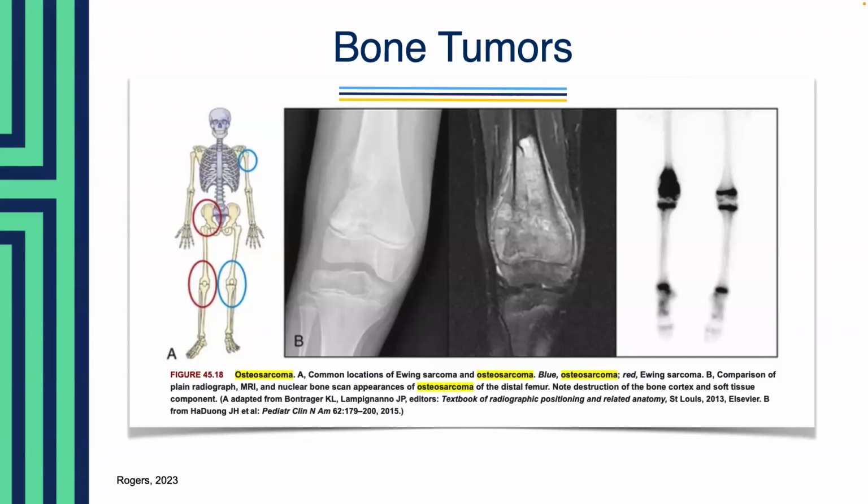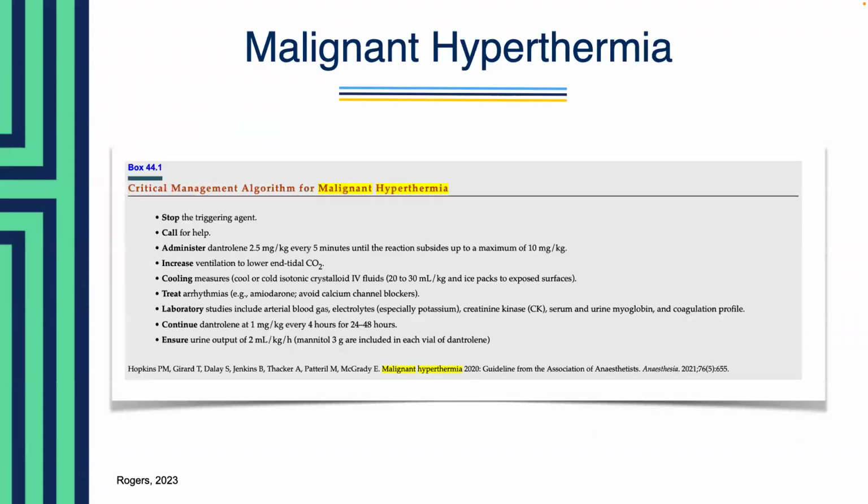So benign bone tumors like osteochondroma and bone cysts can occur in any age group, but are more prevalent in children and adolescents. Now, malignant bone tumors that metastasize from other sites are more common in older adults. And then we have the Ewing sarcoma, which is an example of that myelogenic tumor originating from the bone marrow cells, which is also seen in children and young adults as well.